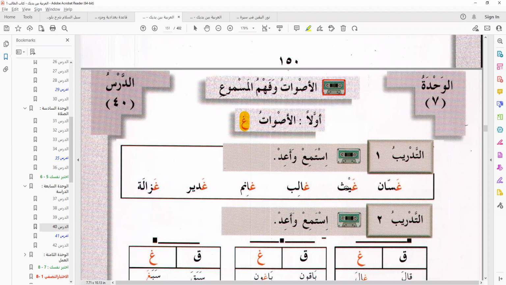Then we have Ghayth. So try to pronounce it wherever you are with your mic muted. Okay. Then you have Ghalib. Then we have Ghanim. Then we have Ghadir. Then we have Ghazala.